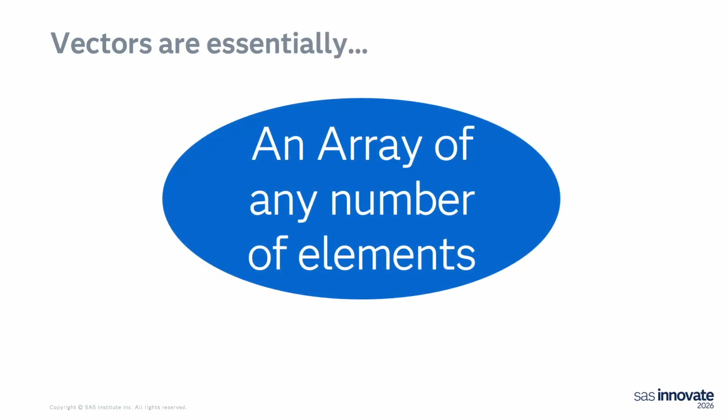So, vectors are essentially an array of any number of elements. That's all it is. By the way, vector technology is really big in any kind of AI calculation, really big in any kind of forecasting. A lot of practical applications here. What's the practical application of complex numbers? Well, any kind of circuit theory, any kind of timing, any kind of phase shifting. There's a lot of practical applications here.